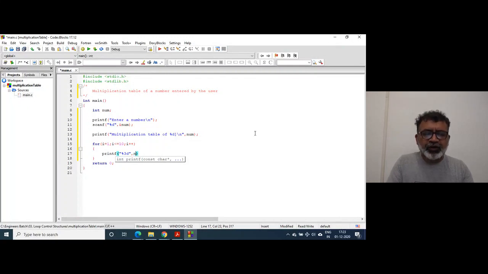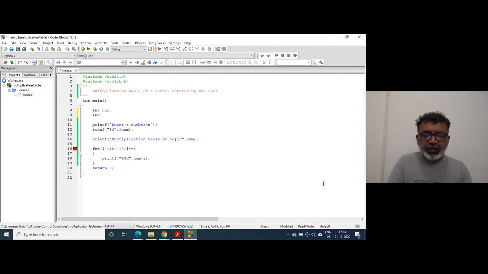So I will have to write here num into I, right? What happened? I haven't declared that I. Is the program correct? I have to put the slash n in here.